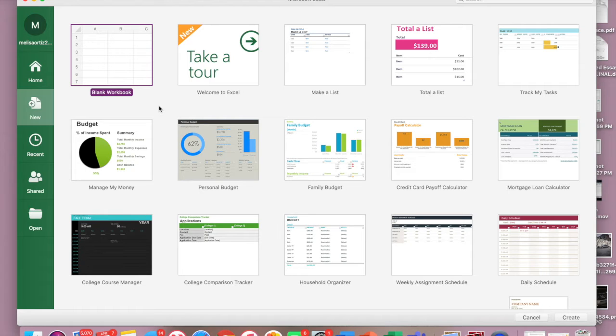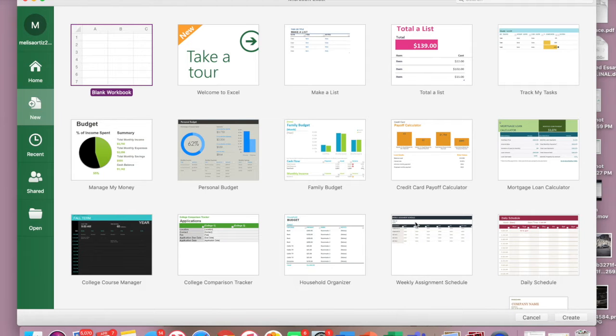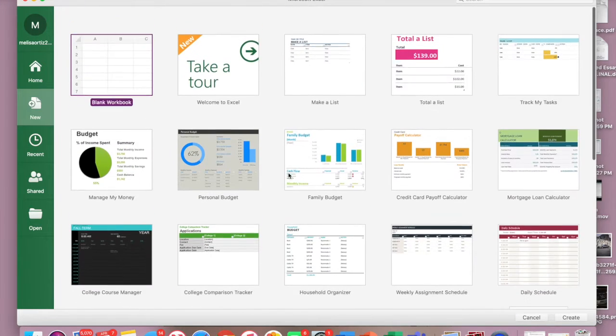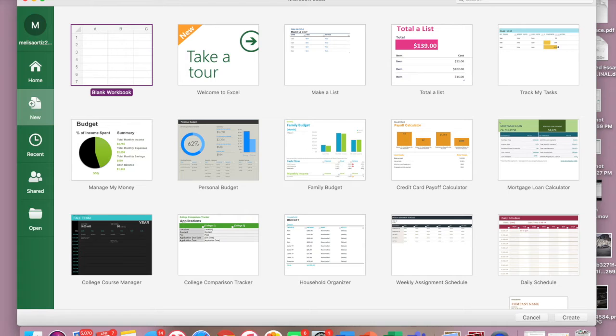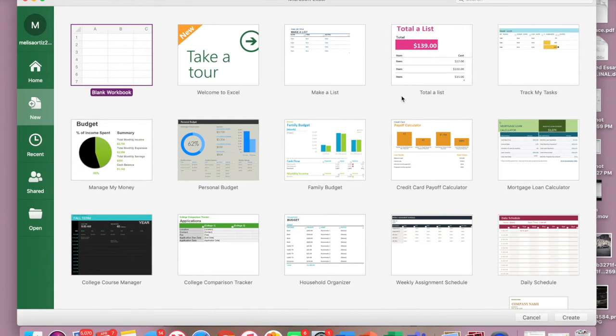So the first step when you start with Excel is opening up the spreadsheet. So once you click on Microsoft Excel on your browser, you're going to see a screen. It might be this one or it might be something similar to this one because you might have a different version. This is going to show up, and there are many different spreadsheet templates that may be used, such as